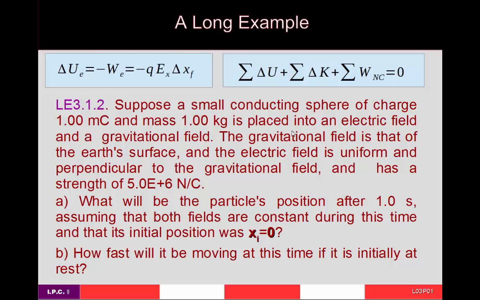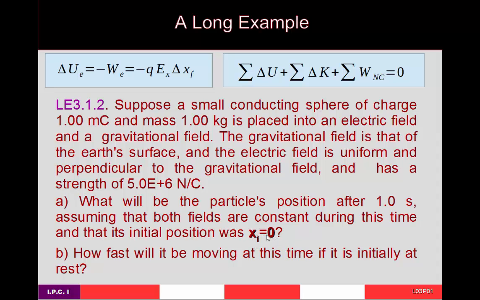We take a small conducting sphere with a given charge and a given mass, and it's placed in an electric field and a gravitational field. And the gravitational field is for the Earth's surface. The electric field is uniform and perpendicular to the gravitational field, and it has some given strength. And what we want to know is what will be this particle's position after 1.0 seconds if it's initially at